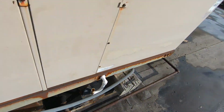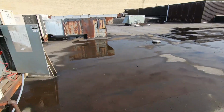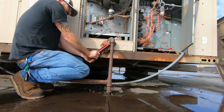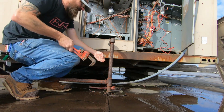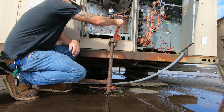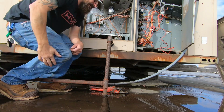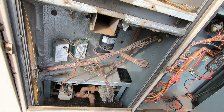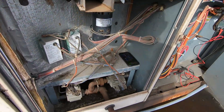I got lucky there. I was able to shut it off. The bigger wrench. Anyway. All right, let me get this union busted loose. Oh yeah. All right, maybe I'm not such a weakling after all. So I got the union busted. I wasn't sure I was going to be able to get it. It was a little tight at first. So anyway,